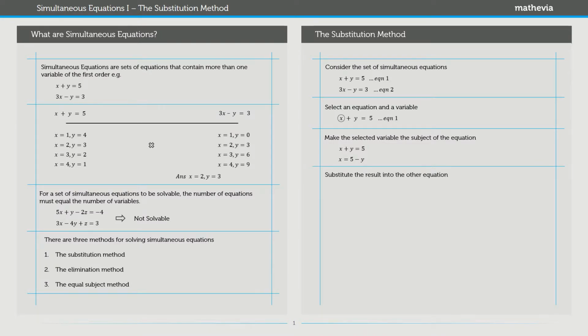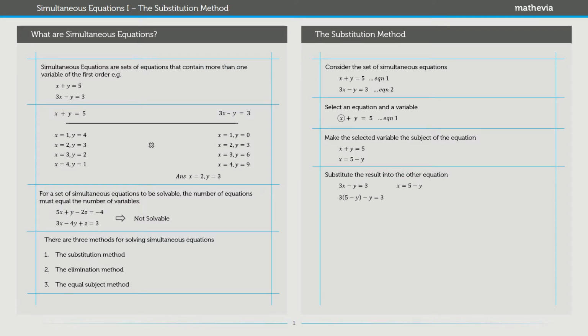Now what am I going to do next? The next step says substitute the result into the other equation. We have x equals 5 minus y, and we're going to substitute this into the other equation, equation 2. Remember we started with equation 1 in our first step, and now we're going to substitute our current result into the other equation, i.e. equation 2. Equation 2 is 3x minus y equals 3. From our last step we found that x equals 5 minus y, and we're simply going to put 5 minus y for x in our